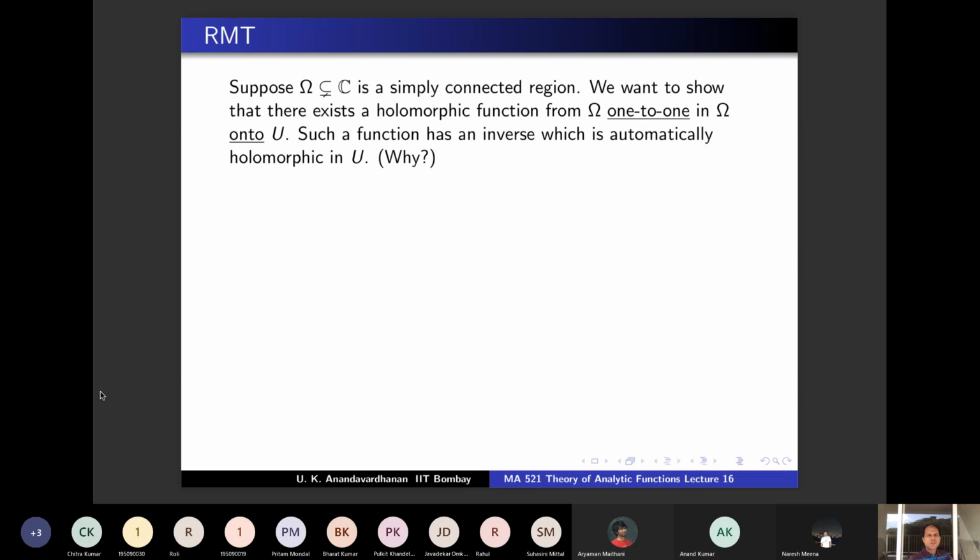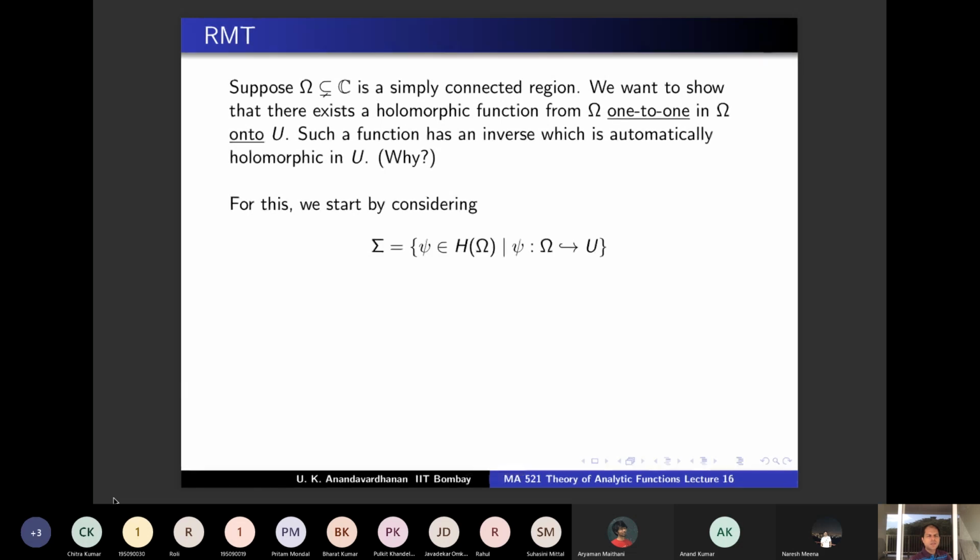Okay. So this is what we have to show, that there is a 1-1 function on omega onto U which is holomorphic. For this, the standard approach in many of these things, we are going to consider the collection of all the functions holomorphic on omega and 1 to 1 in omega and images contained in U. So we are going to start by considering a family of functions, a collection of functions, capital sigma, which